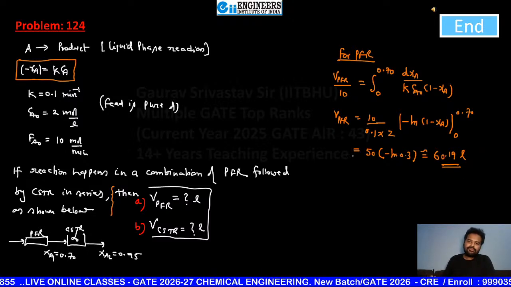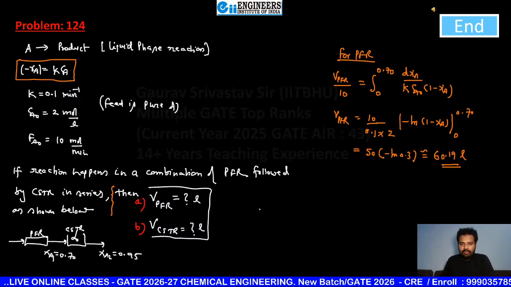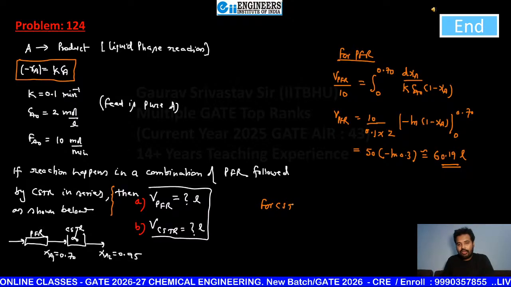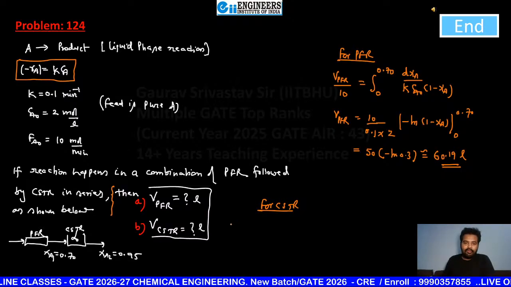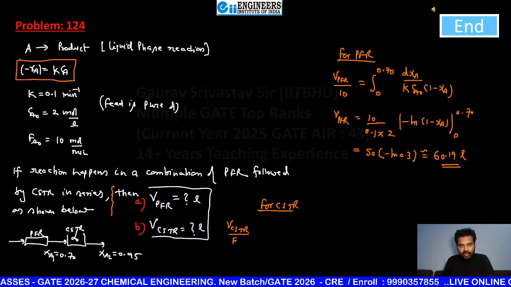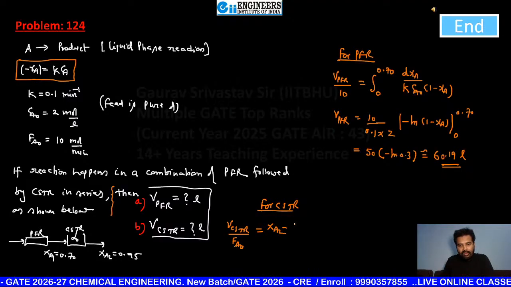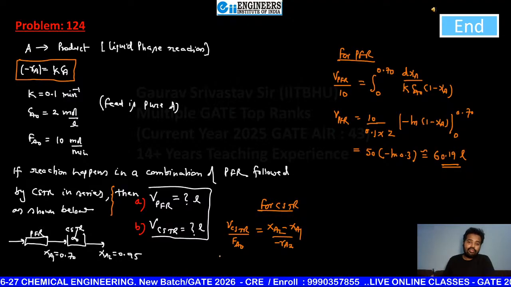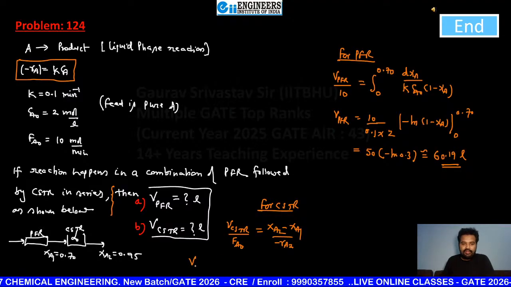Okay, everyone clear? Now similarly my dear students, you can do this for CSTR. That equation will be V CSTR by FA naught again, and that is written as (XA2 minus XA1) by minus RA2. Now just put values here. So V CSTR